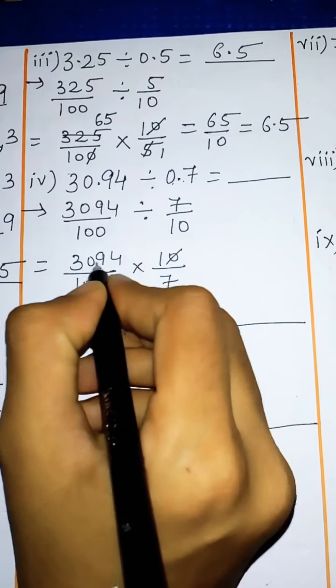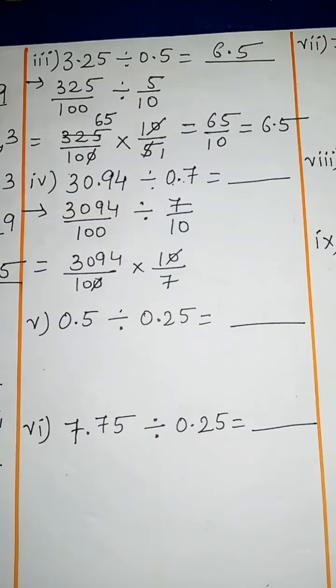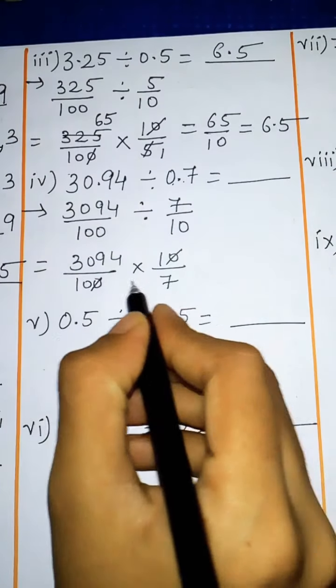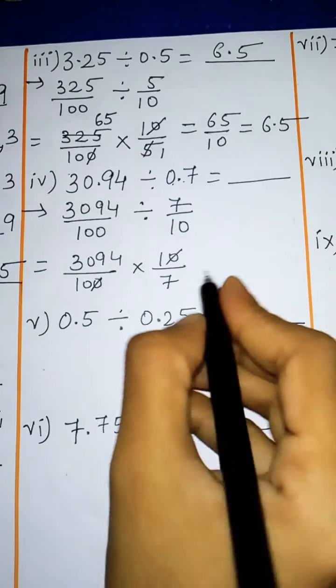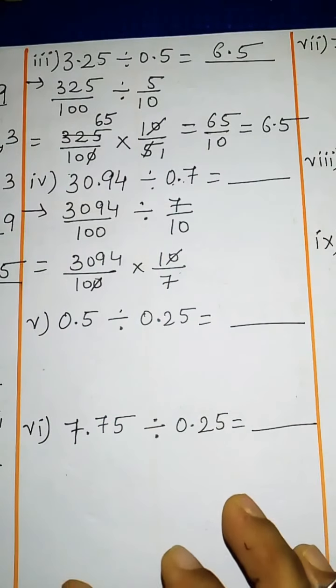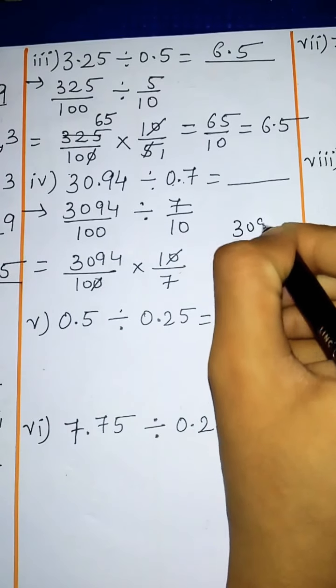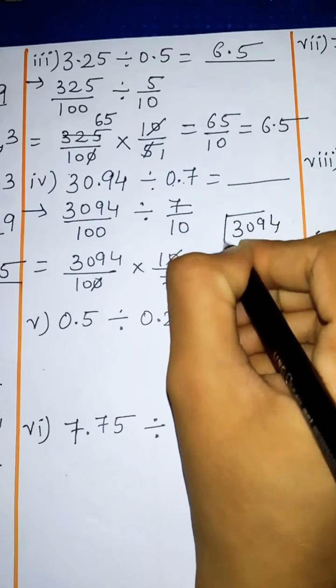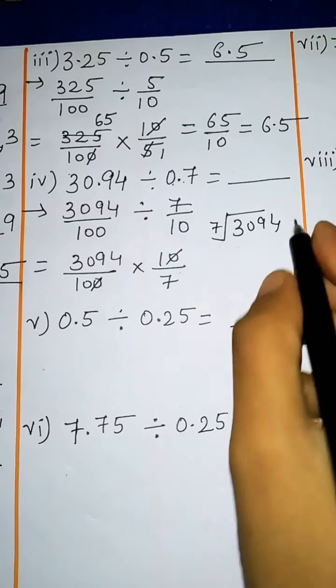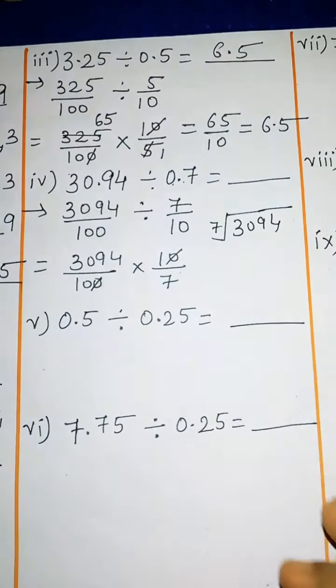Now 3094 comes in the table of 7, you need to think when it comes. So you need to cancel. If you are not comfortable with cancelling, 3094 is a big number for oral cancellation. If you are not comfortable, you can divide 3094 by 7. You can divide it on the side and check it if orally you are not comfortable.